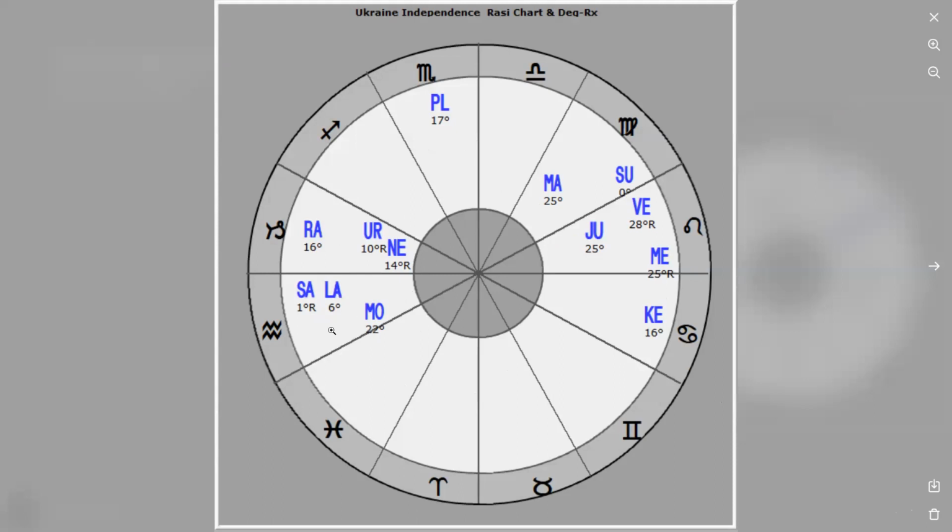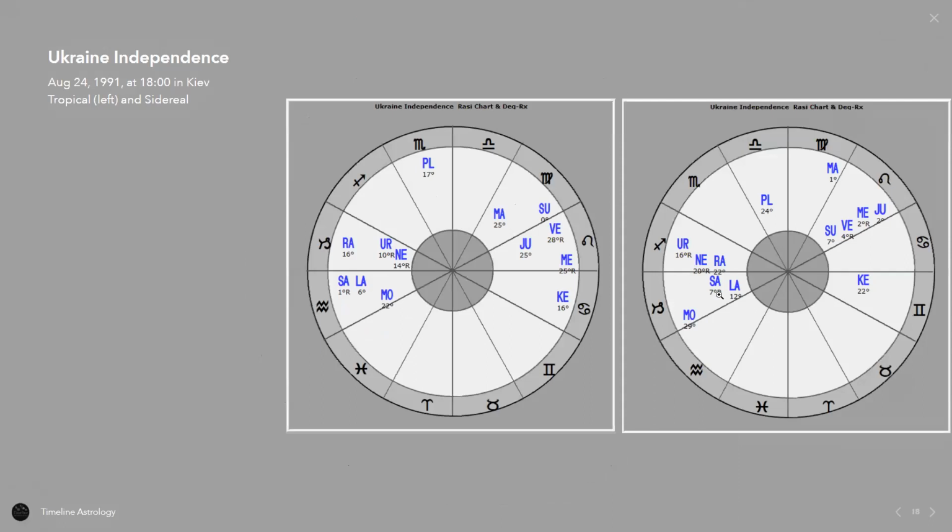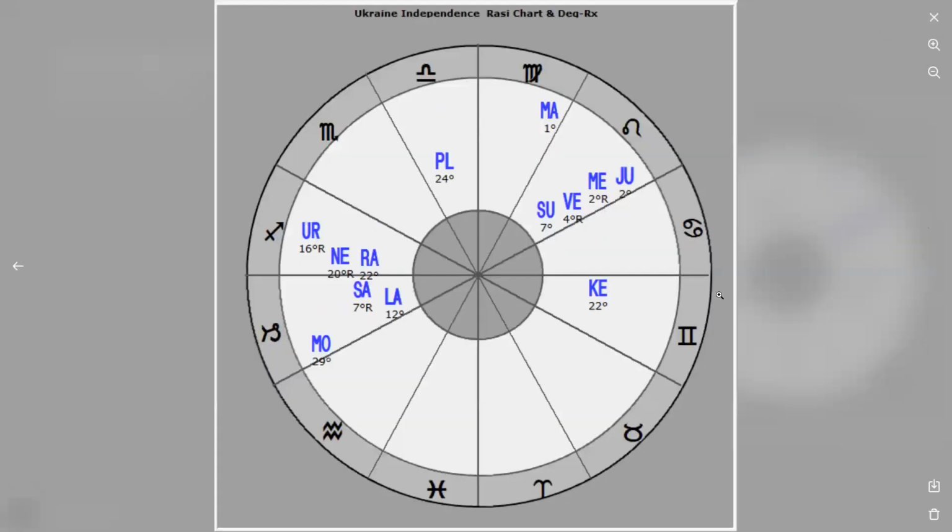So the chart for Ukraine began with Aquarius, tropical Aquarius rising, with Saturn and Moon placed therein. And of course, Pluto is moving in here now, right? So we can see that now, but we can see it more clearly in a way with the sidereal, because it's already begun. Because according to the sidereal zodiac, the Ukraine chart has Capricorn rising and Saturn and Moon therein,